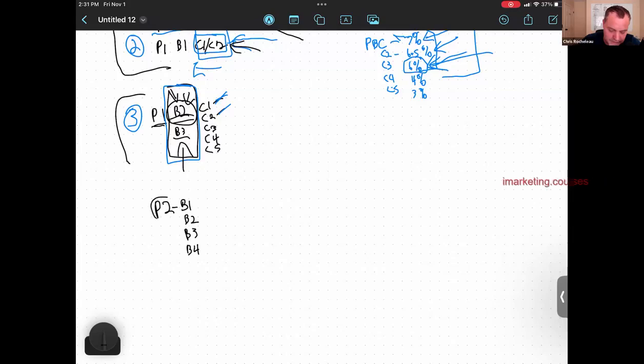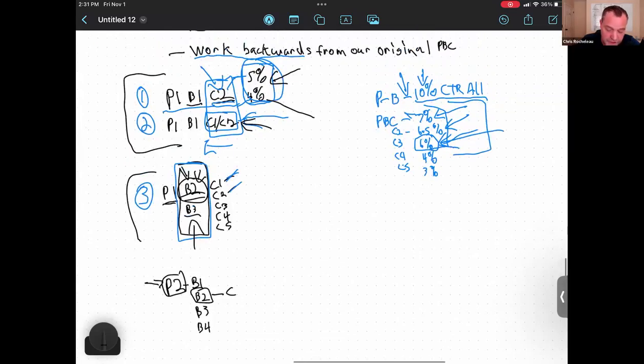Let's say pain 2 and benefit 2 was the winner in that test, and then you finished out with a challenge test. So you did 2 tests. You did a benefit test and a challenge test. You already tested pain 2. It's just finishing out the test. The most efficient way is to start up here with the challenges because you only have to do 1 test. That's why it's better to find those PBC combinations first.